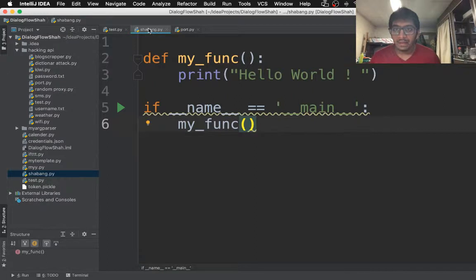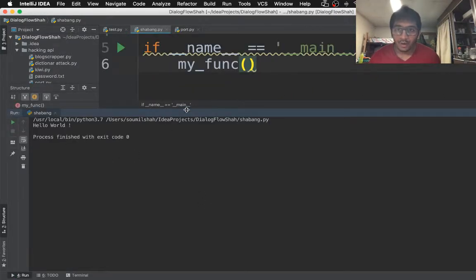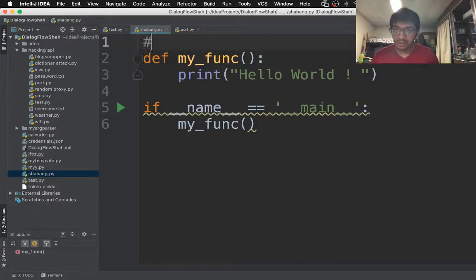Then I'm gonna be showing you shebang in action. All right, so we got hello world. That's easy. We know that. Now what is shebang? Let me show you a small demo of that. So if you type just one line of code on the top,